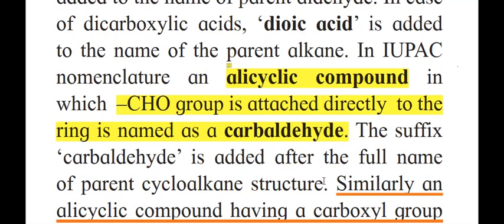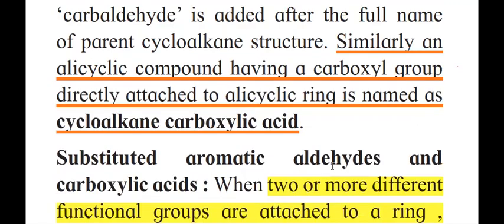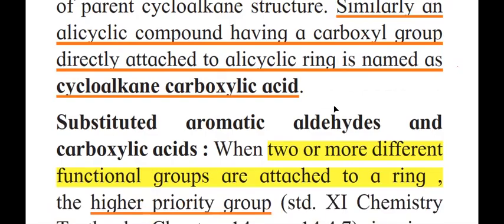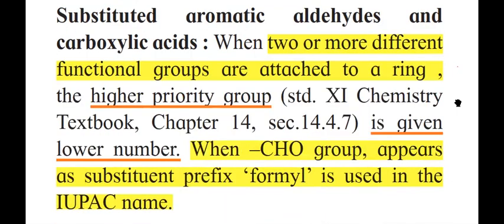Whatever the cycloalkane structure, we have to add the suffix carbaldehyde. Similarly, for an alicyclic compound containing a carboxylic group, the COOH group directly attached to the alicyclic ring is named cycloalkane carboxylic acid. We will see these examples in the table. Now, for substituted aromatic aldehydes and carboxylic acids, substituted means